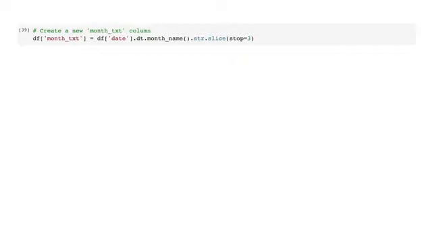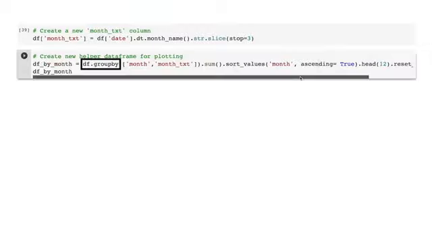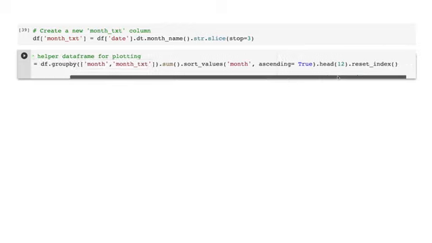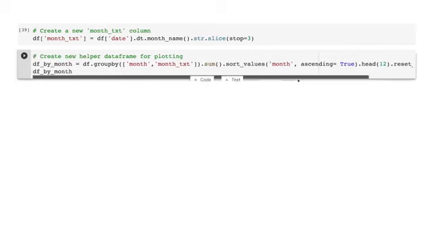Before we try to plot this data on a chart, we need to sum the numbers of strikes in all locations by month. We can do this by creating a data frame using the groupby function, in which we will include the columns month and month_text, because these are the columns we will use to group and order the lightning strikes. We'll use the sum function to add the lightning strikes for each month together.